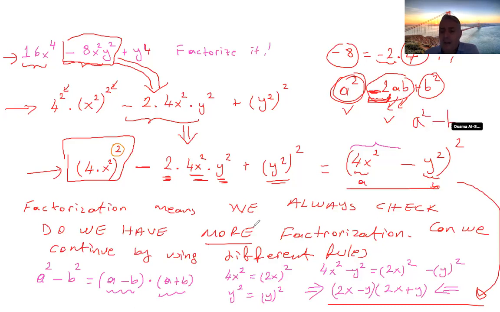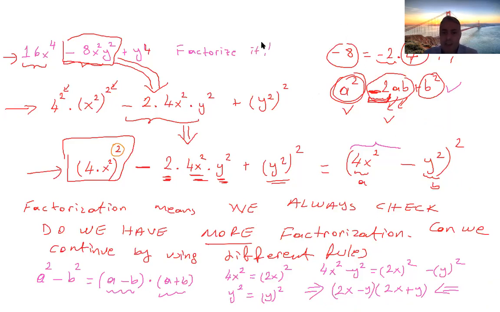Okay. Now, Usame, we already finished this part, the trinomial part, which is a squared minus 2ab plus b squared. We finished this. There is no problem for this. So let me do this. I will clean the board and I will use this. How can I continue? 4x squared minus y squared to the power of 2. So 4x squared minus y squared to the power of 2. Till here,